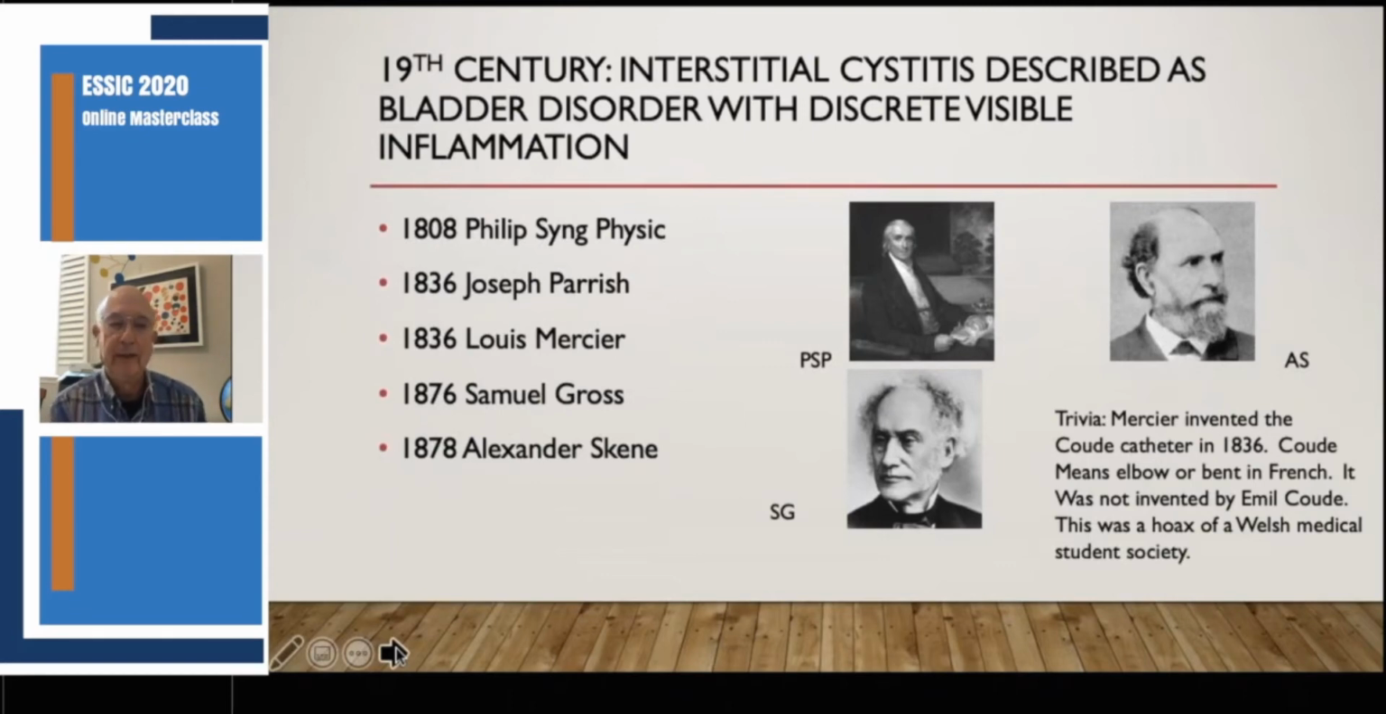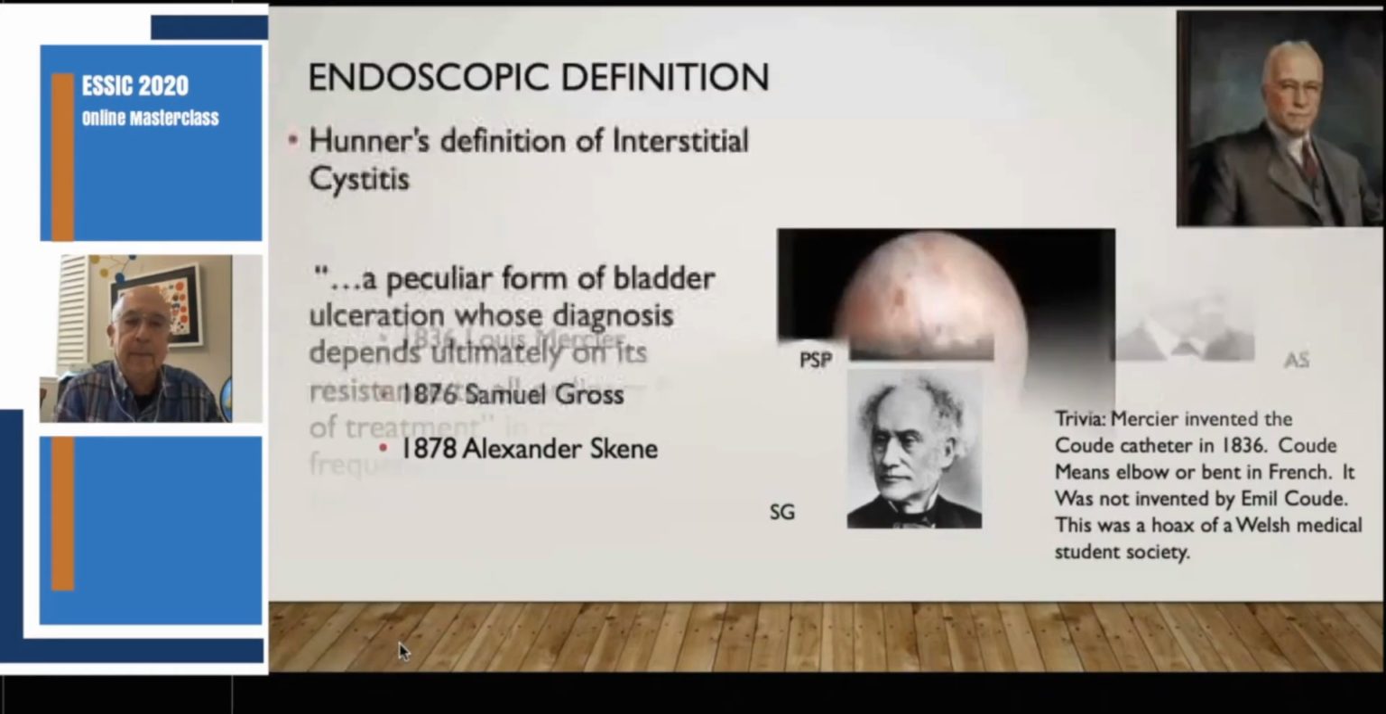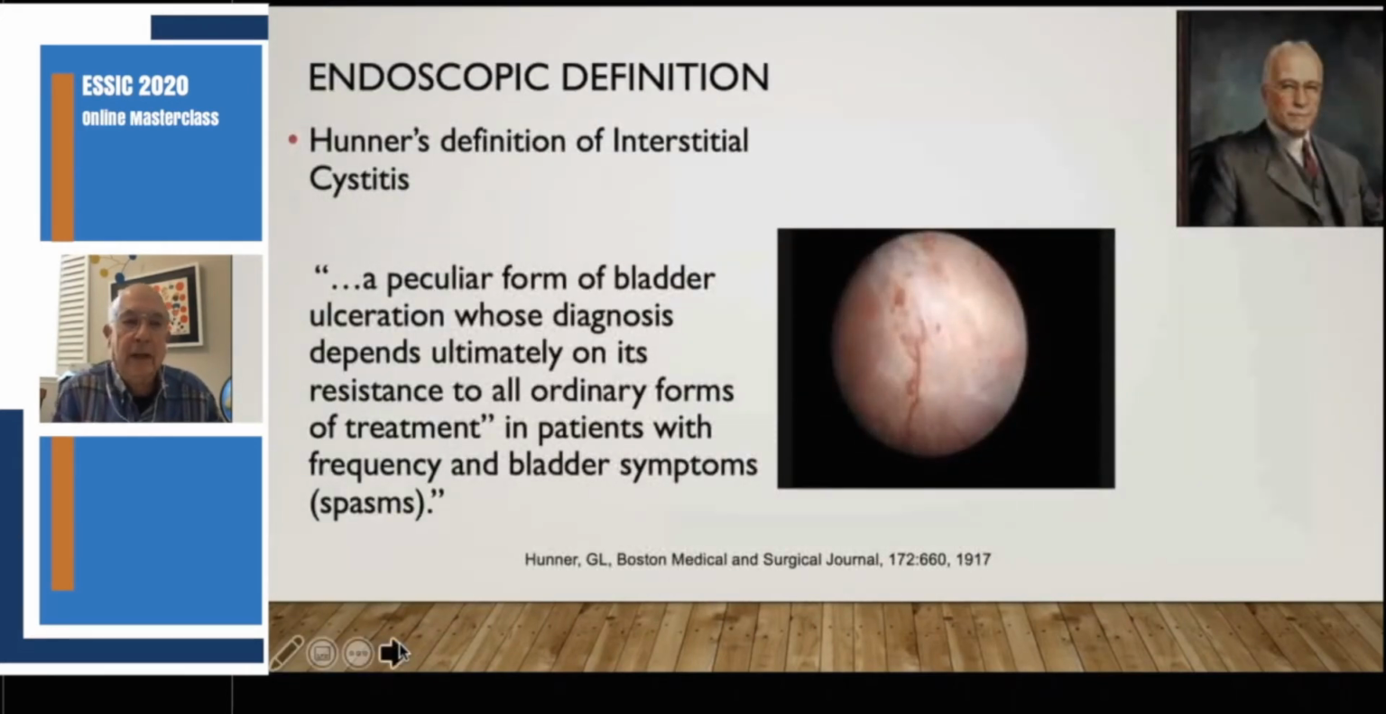of Pennsylvania and then practiced at Jefferson Medical College in Philadelphia, described this disorder. And Alexander Skene from Scotland, who practiced in New York and was a gynecologist, who described Skene's glands, also gets credit for using the term interstitial cystitis. But it wasn't until Hunter in 1915 and then 1917 wrote about this disease that it became a generally known